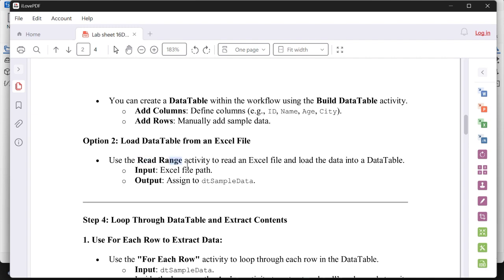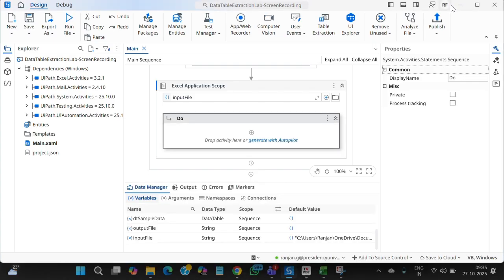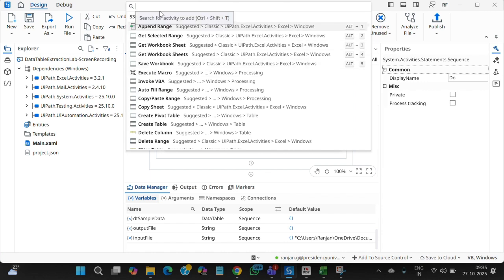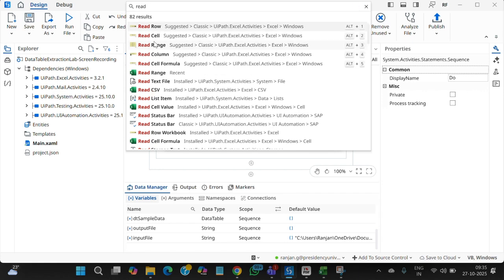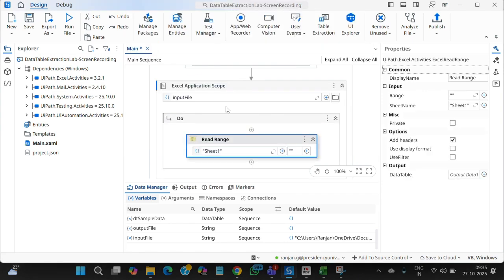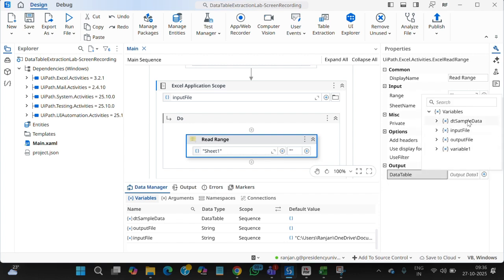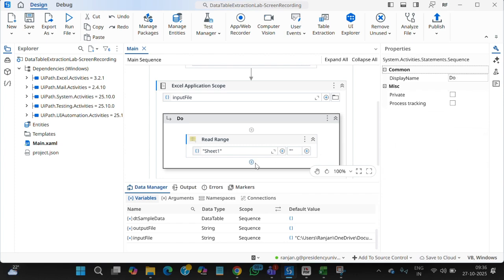We are doing the read range activity here. This one. Okay. Read range. And where do we need to read the data table from? Use variable. Okay. After that,